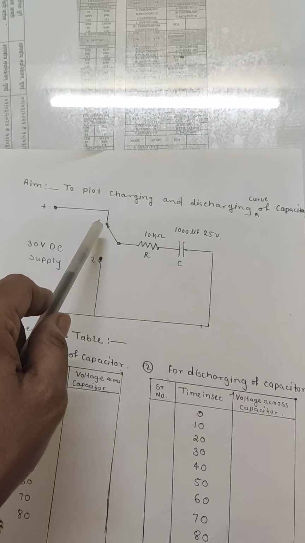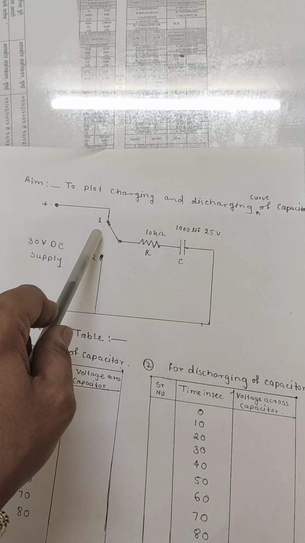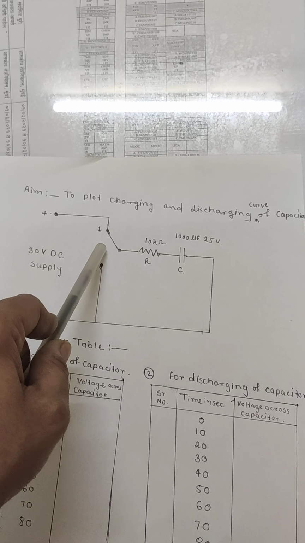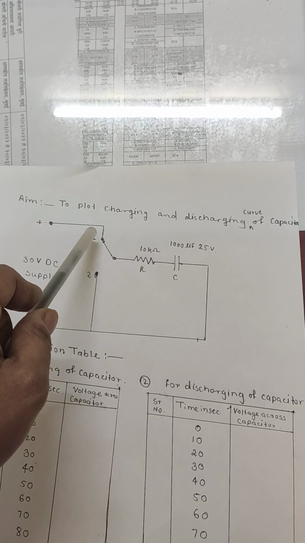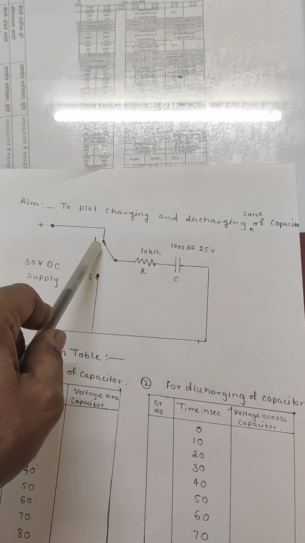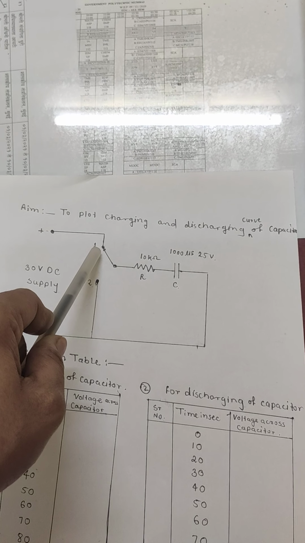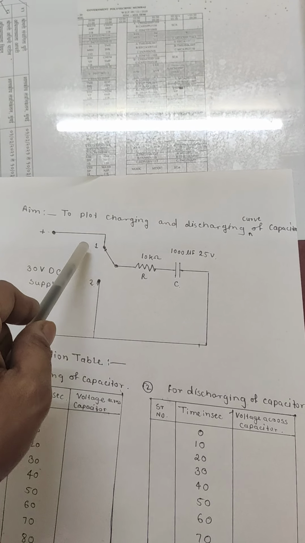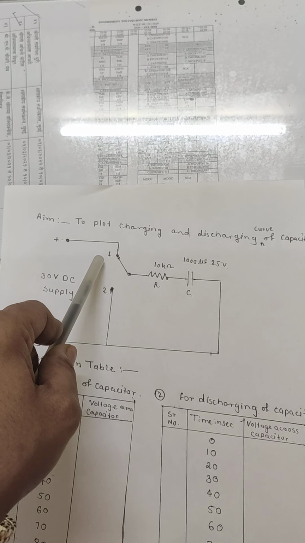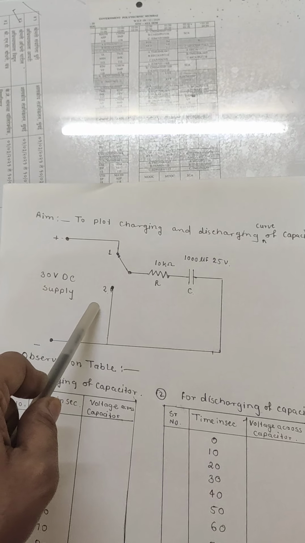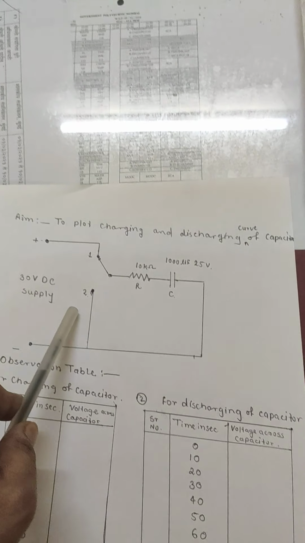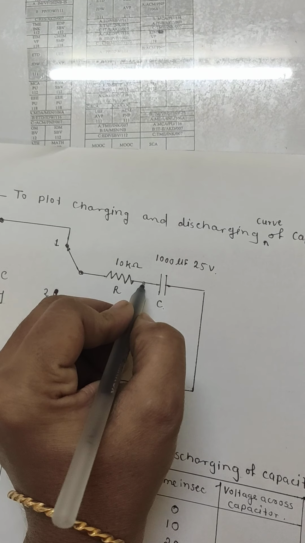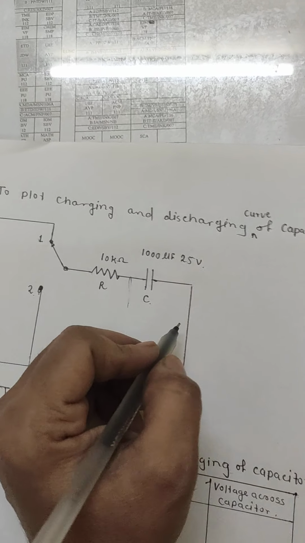Here a switch is provided. With the help of this switch we can measure the voltage across the capacitor during charging and discharging. The first terminal is for charging and the second is for discharging. With the help of a voltmeter we can measure the